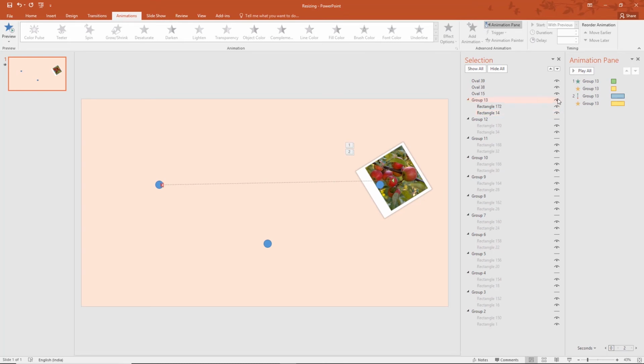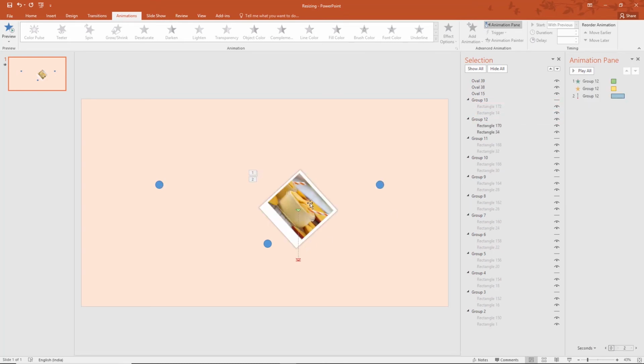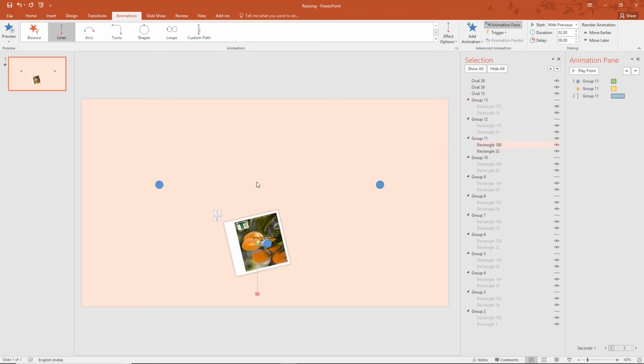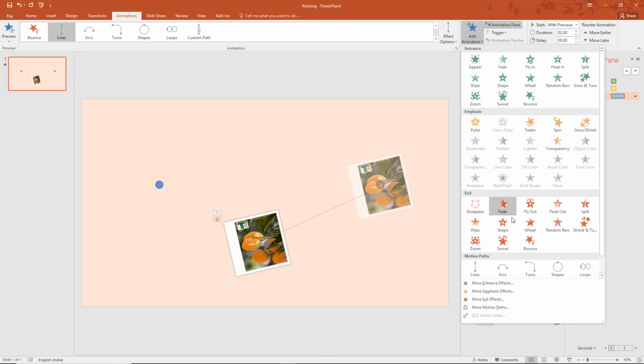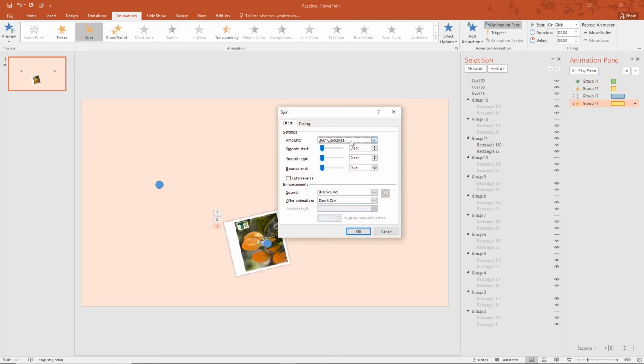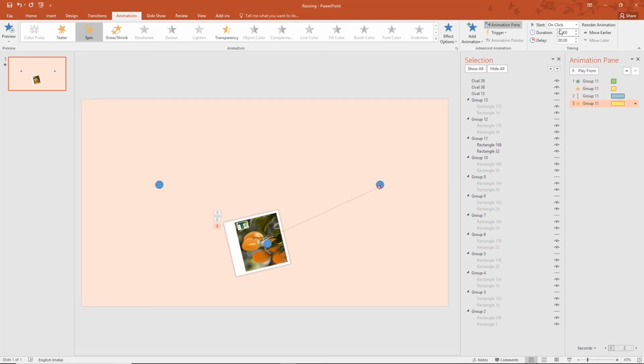Now I'll hide it and bring in another. This looks like mango, so it goes here. Then I'll hide it again. Why I'm doing this hide and seek play here is because these motion path animations have a habit of snapping when they come near one another, and I don't want that happening around here. So that's why I am hiding these so it doesn't all go haywire.